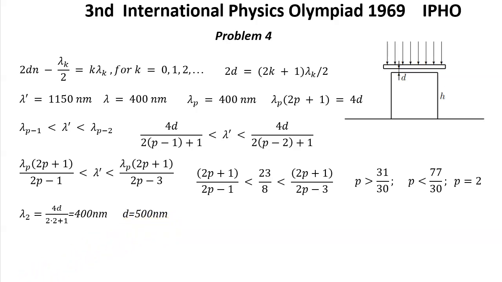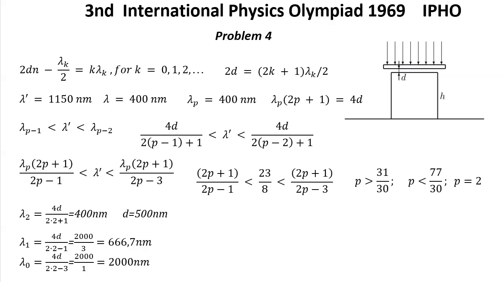Now we can find what lambda_1 and lambda_0 are. For lambda_1 we have 4d over 3, which is 666.7 nanometers, which is good because it's less than 1150, and lambda_0 equals 4d over 1, which is 2000 nanometers, which is greater than 1150. It means that we solved this problem, because the next maximum will be for